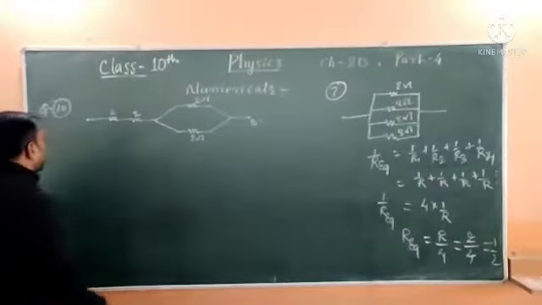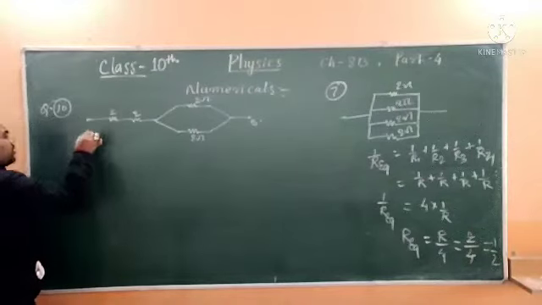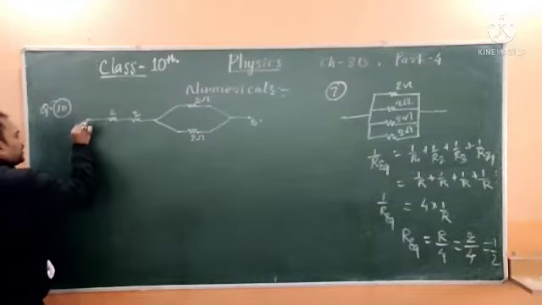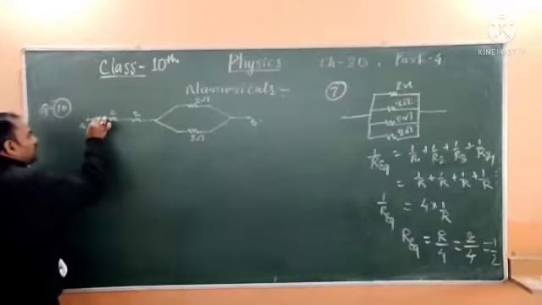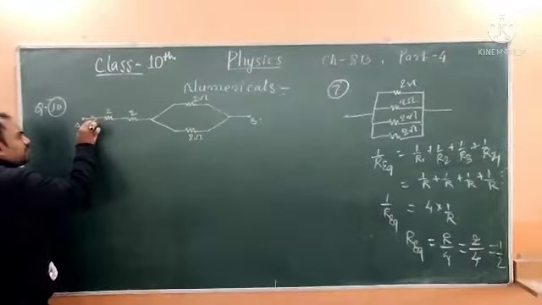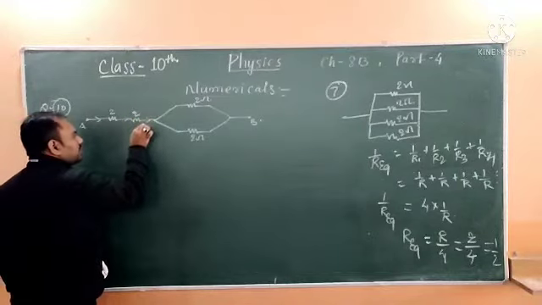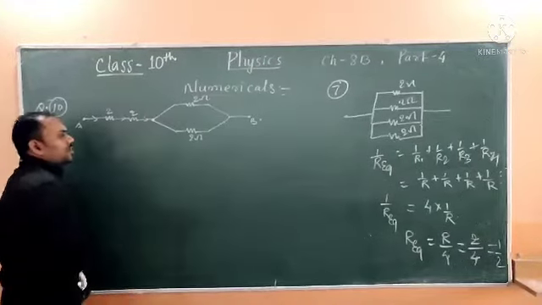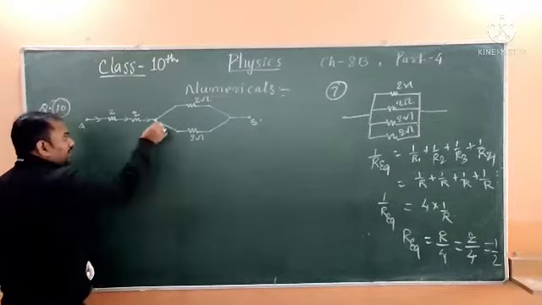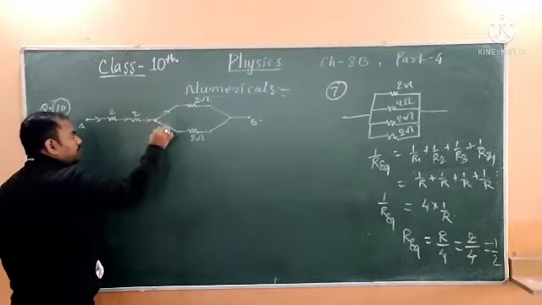So how do we identify where it is series and where it is parallel? Okay, just understand. The current will flow. If current flows from point A to B, how will it flow? From here it will start flowing. It will move to this resistor, then this resistor. At this point, what happened? The current will be divided into 2 parts.